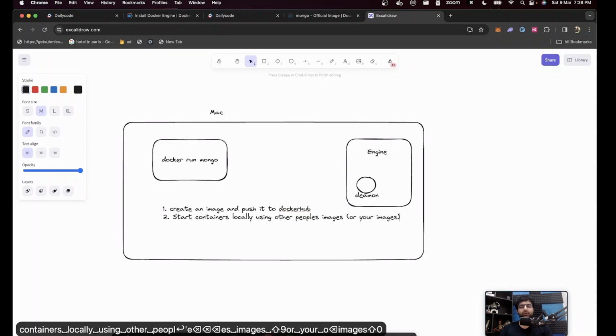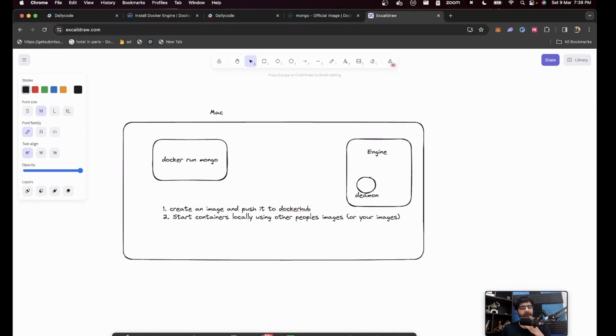These are the two things that you usually do when you're using Docker locally on your machine. Eventually, we will see how you deploy to AWS machines using Docker and Kubernetes. But this is something that will come eventually. For now, locally, we'll be doing just these two things.